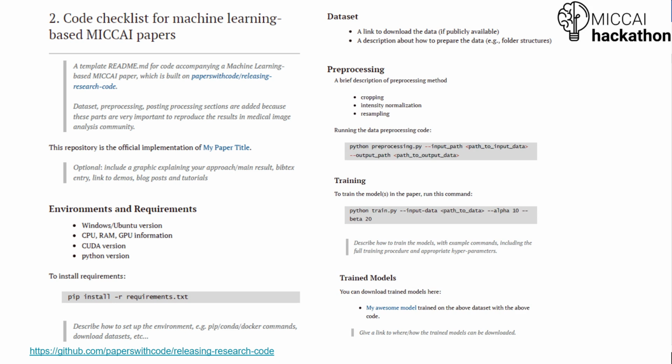So here we provide a template for checking the completeness of your code and about how to release it. It is built on the template on Papers with Code. We added the following considerations. First, it's recommended to add a detailed description of how to prepare the data. For example, how to download the data and organize the folder structures. This is very important as it will save a lot of time for readers who want to implement the code